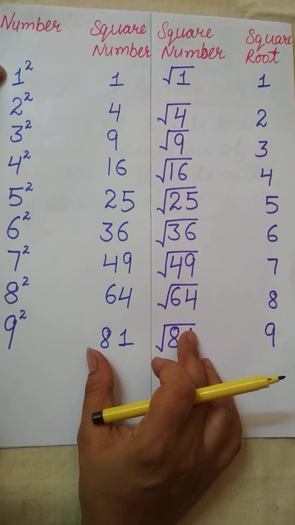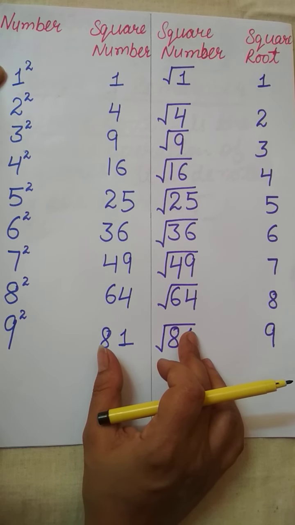Here, as we have discussed in the previous exercise, how to find out the square of a given number. If I want to find the square of 1, then I will simply multiply 1 with 1, as the square number is the product of a number by itself. Square of 2 is 4, square of 3 is 9. This thing we have done in the previous exercise also. Now, square root is the inverse operation of square number.